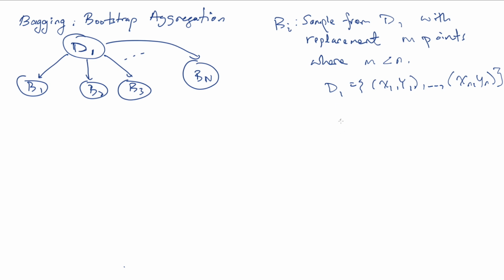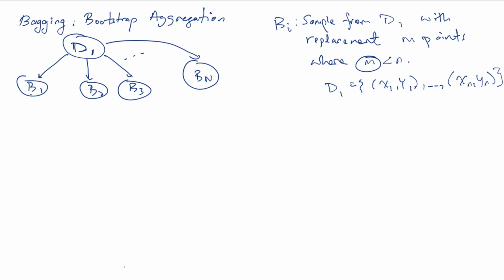So we construct B1 by just sampling M points out of N with replacement. So that means that we can actually get copies of the same point in our data set. This is something we can do because we're just using the data set itself to replicate that black box